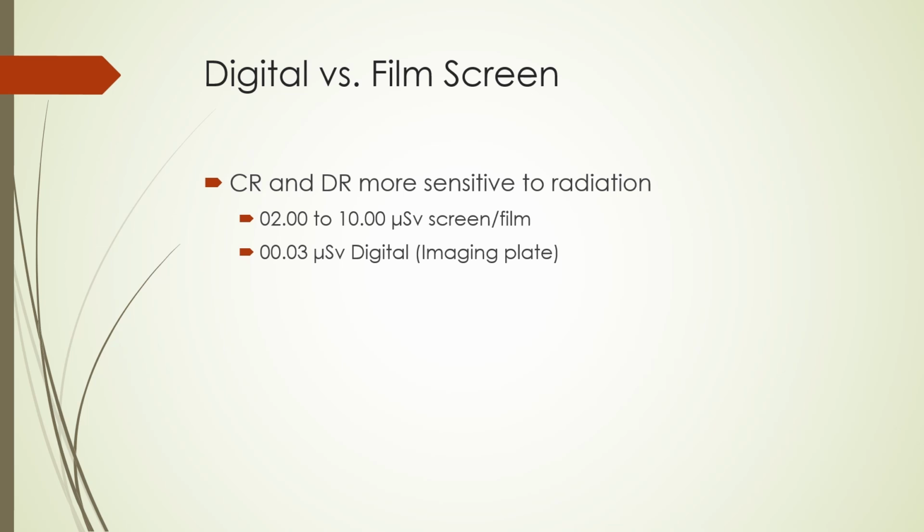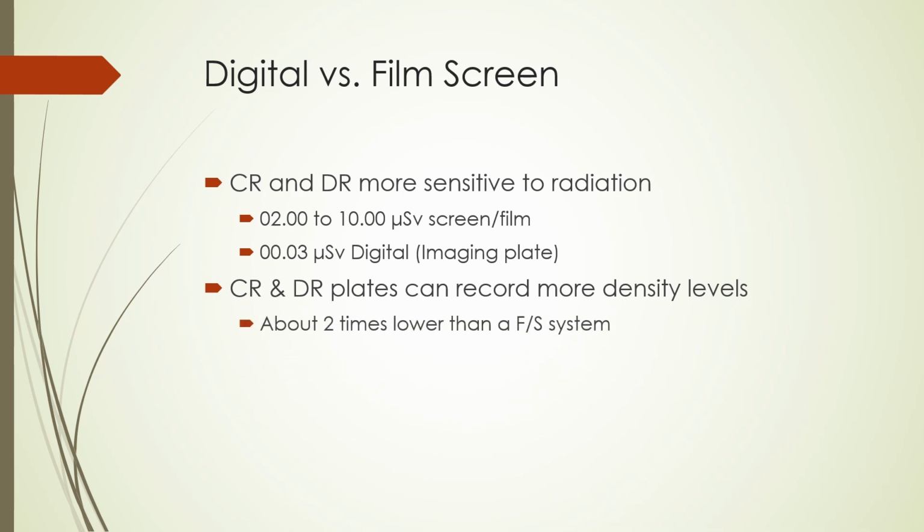Digital plates can record a greater range of exposure levels than can film screen cassettes. About 2 times lower than film screen systems, and about 4 to 16 times greater than film screen technologies. The large exposure range is responsible for dose creep. This is where a radiographer uses more radiation than is necessary to assure an acceptable image. All images must be evaluated using manufacturer's exposure guidelines as a